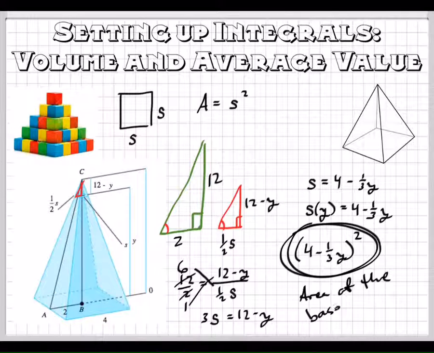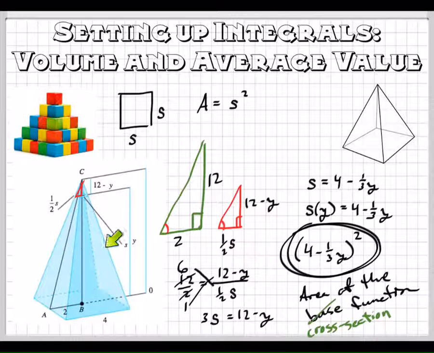Oh, but wait a second. There's a better word for base. What is it? Instead of saying base, what do we say? Cross-section. Area of the cross-section formula. And once we find the area of the cross-section formula, now we can take that function and we can find the area of every single piece of paper that we stack on top right here to find the total volume